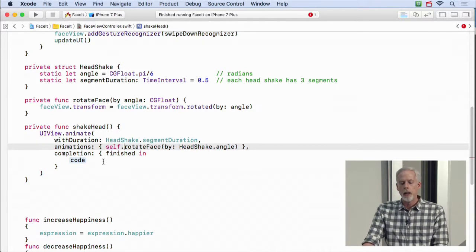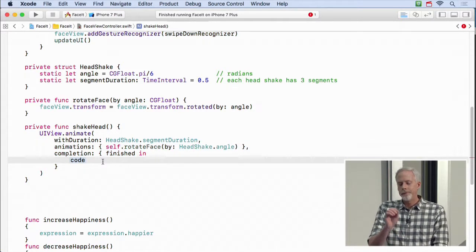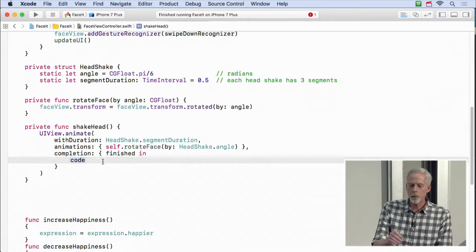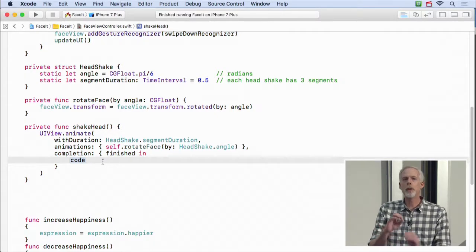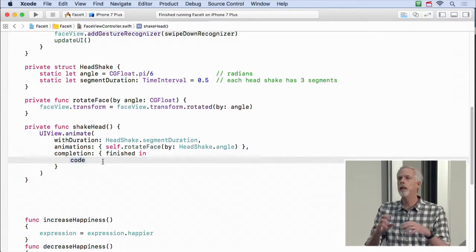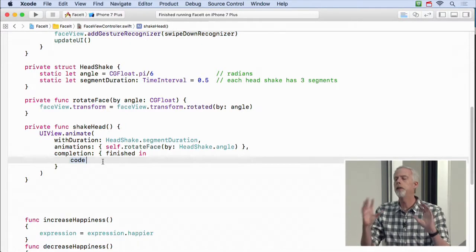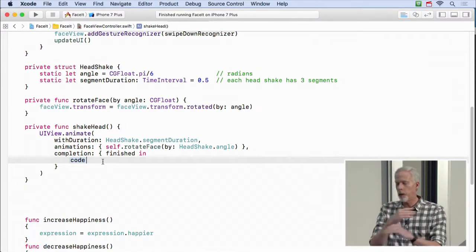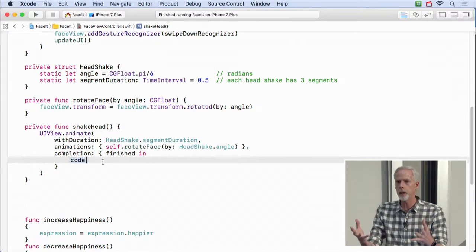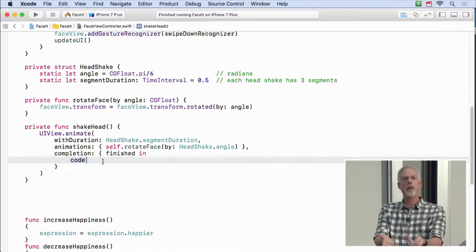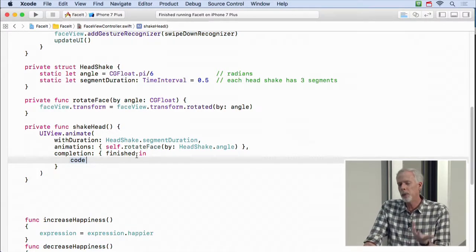Self.rotate. By the way, do we need memory cycle breakage here? No, because we're in the middle of an animation. The view controller is on screen. We do not have to worry about creating memory cycles here because we know that thing is going to be in the heap, because it better be in the heap because we're animating right now. So this is a case where we don't really need to do weak self and all that stuff.